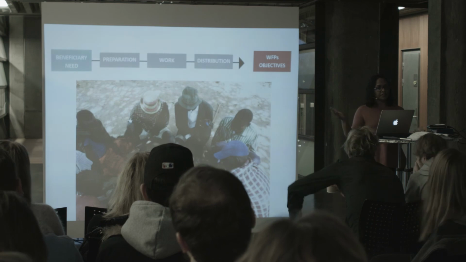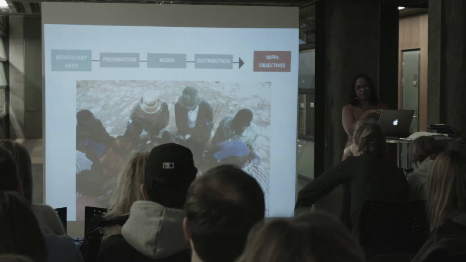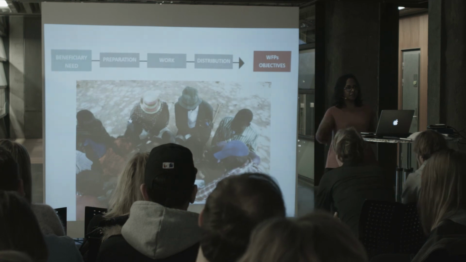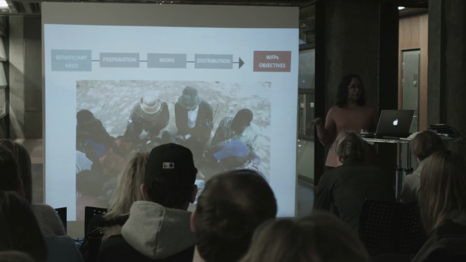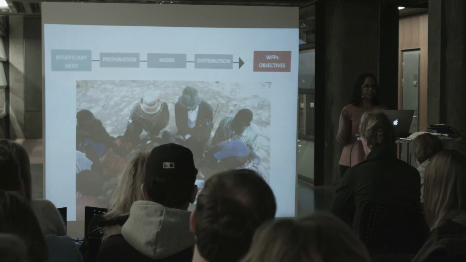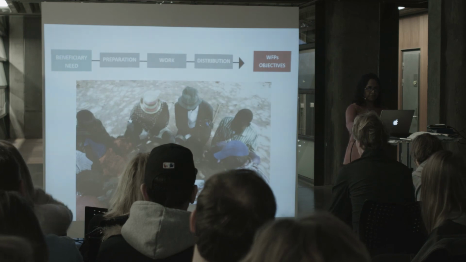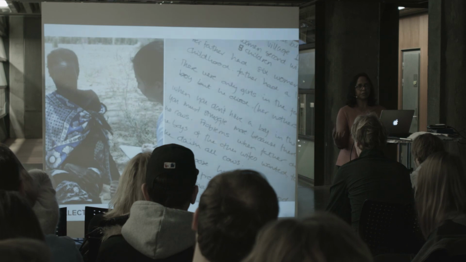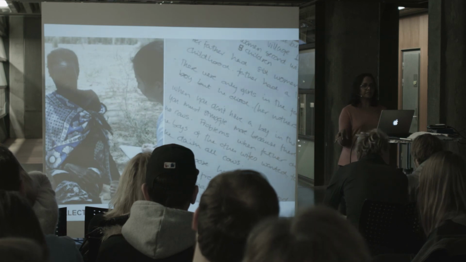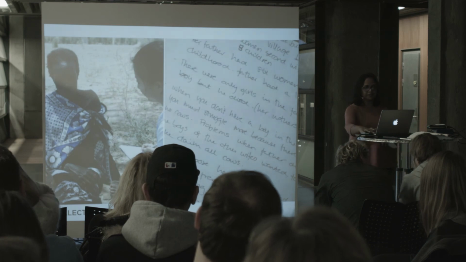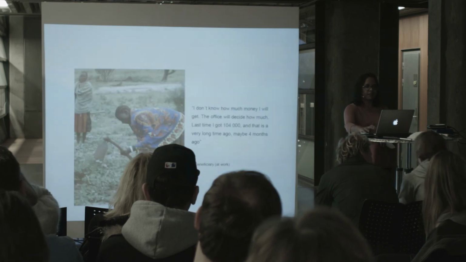So just to start with, the whole process was that you have some needs for beneficiaries. You prepare for this system to get in operation. People come to work. You distribute the cash. And by doing that, in this way, WFP meets its objectives. But this was like a structural part of it. And then designers had to start talking to people, focusing on people. All the stakeholders collect stories, what they are experiencing, what they think is a problem.